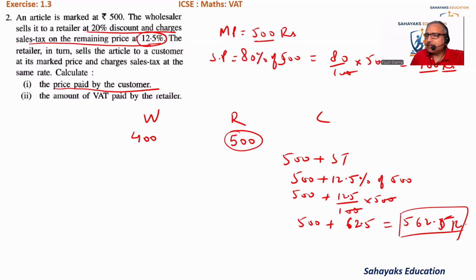562.5 rupees is something the customer has to pay. So that's it. That answers the first part of the question. The amount of VAT paid by the retailer. Now, how much is the